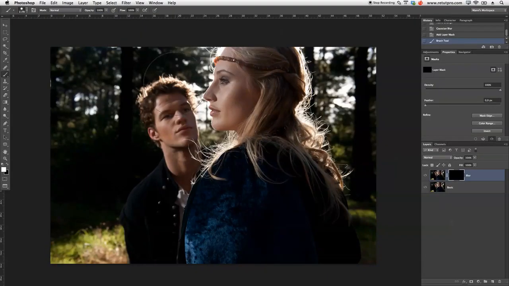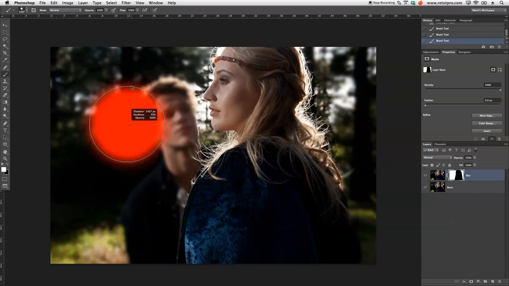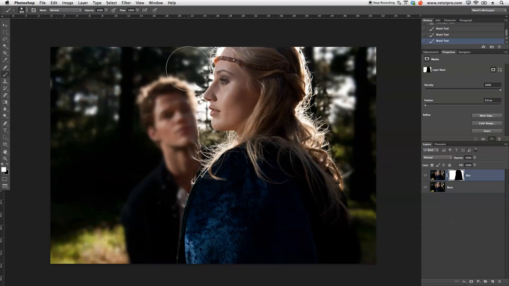So I can take it up to 100%, and now with white foreground color we can obviously on the mask just quickly brush in the effect here. And I want to go basically just all over the person, also a little bit here over the back. Okay, and that is a little bit too heavy already. So what I want to do is press Ctrl Alt again and just also make the hardness a little bit softer here again, say around 30%, yeah. Also making the brush size a little bit smaller again, so I can easily paint in here, go all the way around here. Okay, and blur quality is still way too hard,